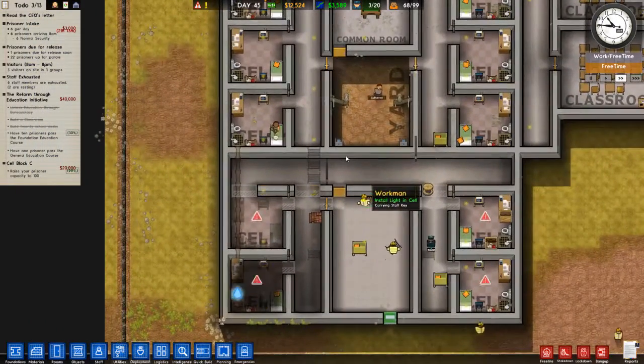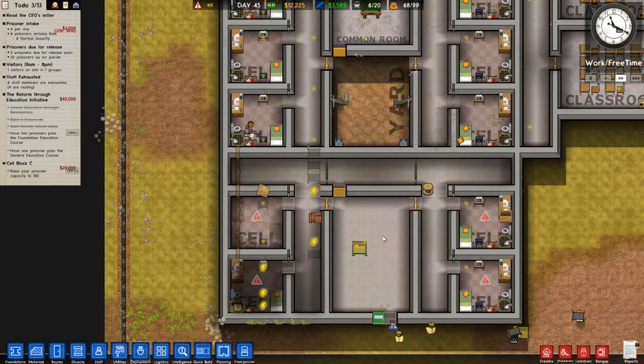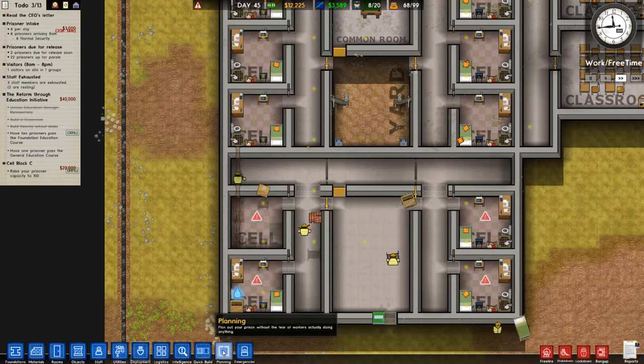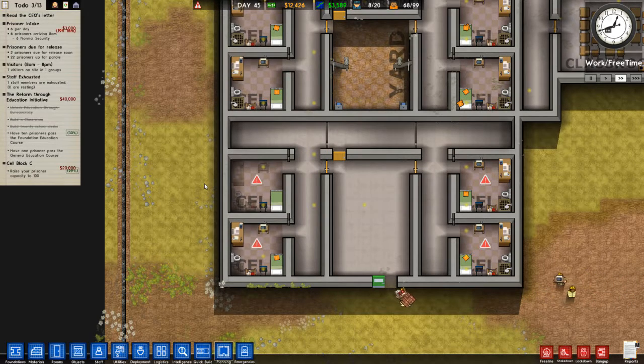No canteens accessible yet. Yes, that is by design. Soon, though, we will fix that. This cell's still missing a lot of stuff. These two are up and running. Just clear out all these plans that we don't particularly need. Alright, we've got water. So that cell is almost ready. That cell is almost...